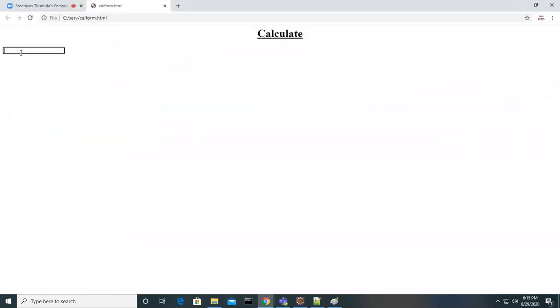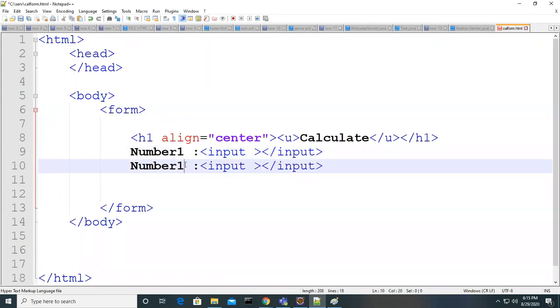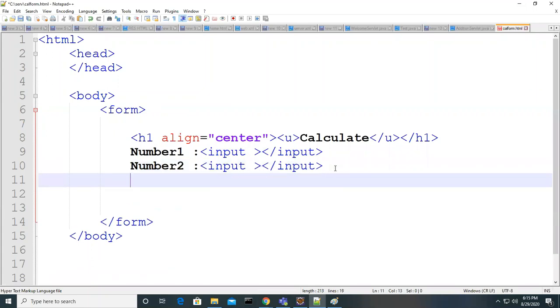So we got the input form, input field. Can you see that, right? Yes. So now I can go here, number 1. I just gave the number 1 before that, and I'm taking another input, number 2, an input field. And what is the other thing we needed? The same, that is also input again. The button is also input, right? You will click on that. You will do some input. So button is also input.